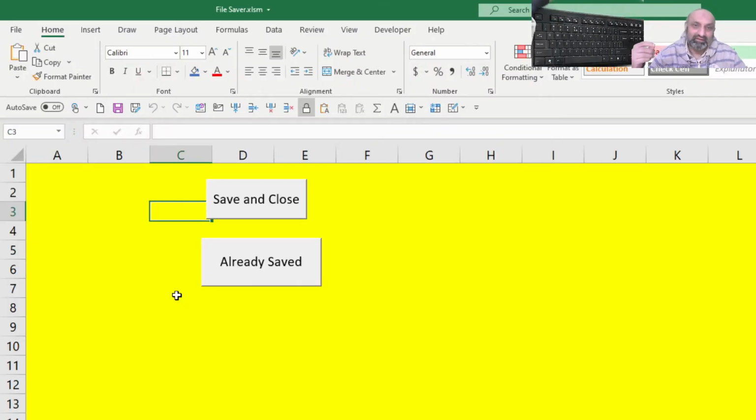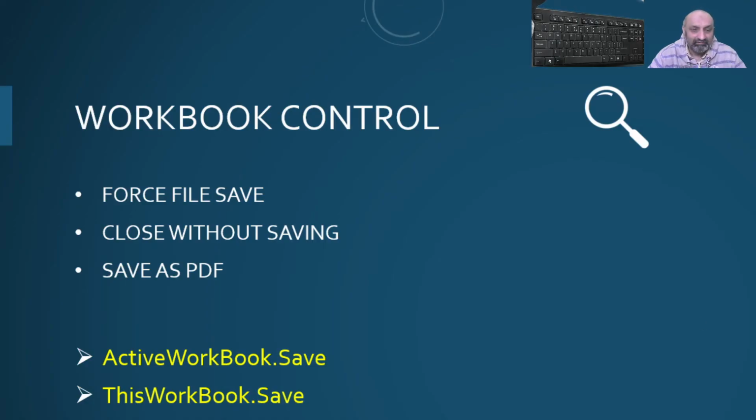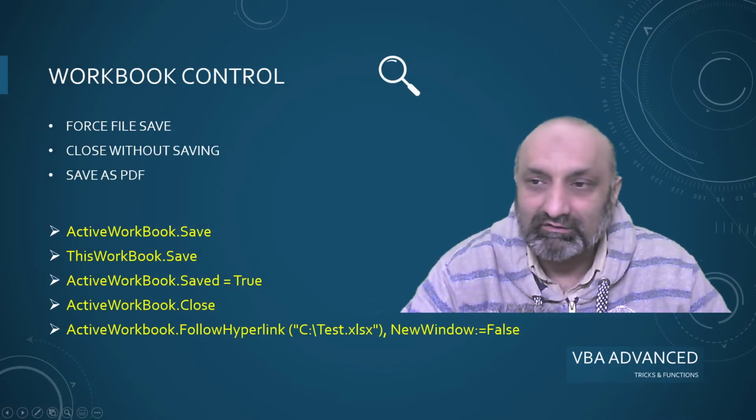So this is how we control file saving and file closing through code. We save the file and we close without saving. All right. So the next is a hyperlink. What I will do is leave the code in the description of this video. You can use this code and try to open and close the file. Oh, you can't see it. Sorry. Yeah, this one. All right.